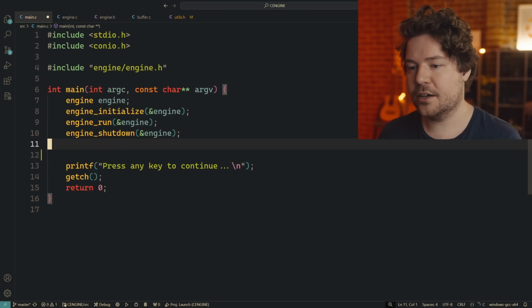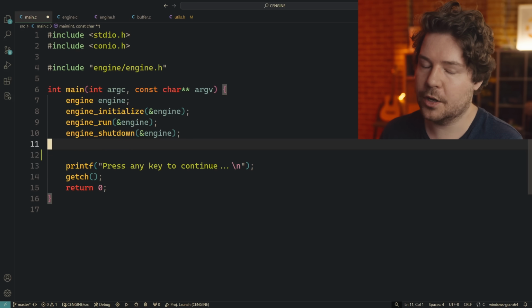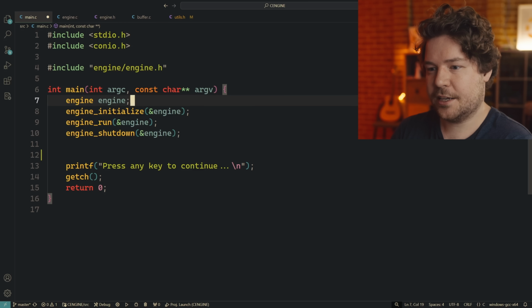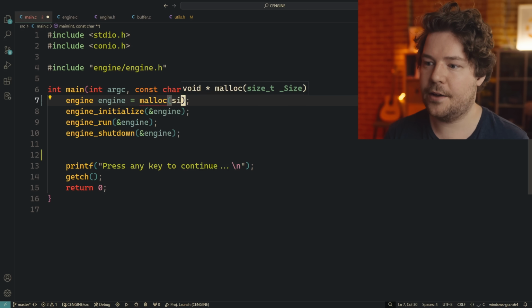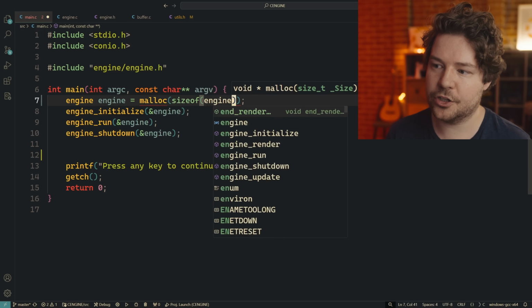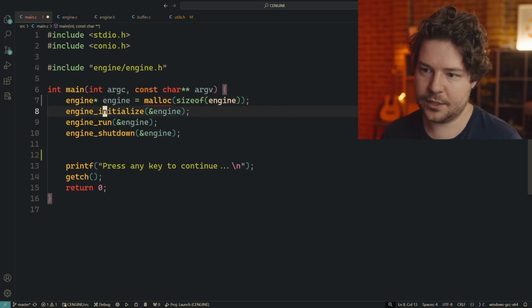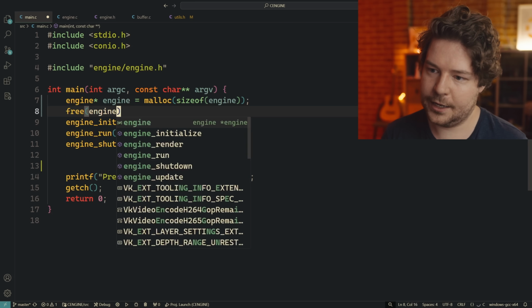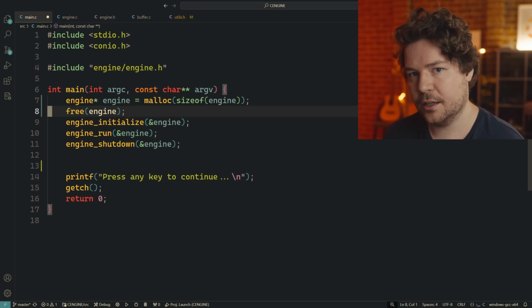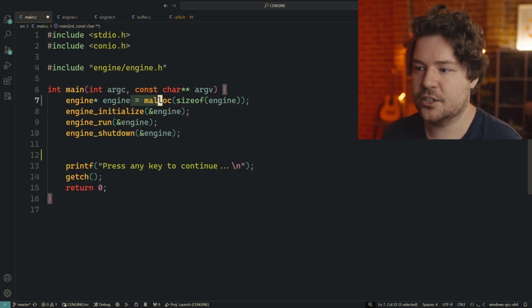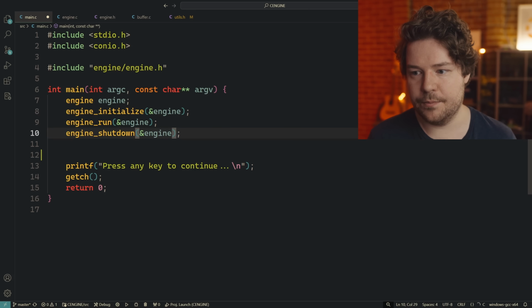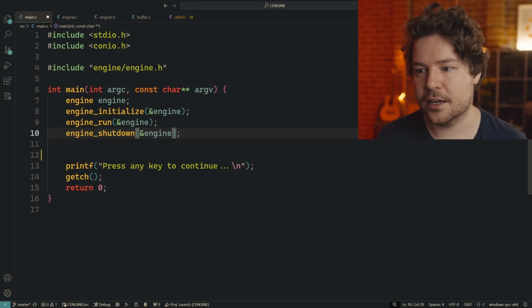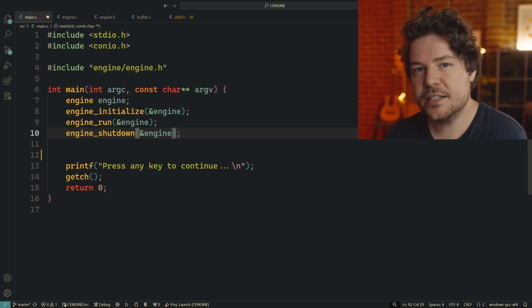So because C doesn't have the new keyword, even though we could have achieved the same thing by using malloc, that's not your first instinct. Who wants to call a weird function called malloc and then pass in the size of the engine, and then have to use pointers and then call free at the end of that? That's not something that comes as naturally as just this. Because of that, you could definitely argue that C is enforcing a better way of programming out of the box. And I think that's why maybe it is good for beginners.